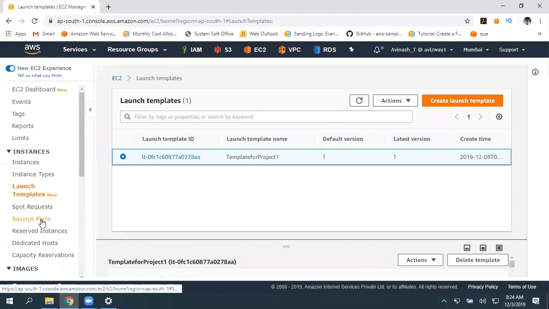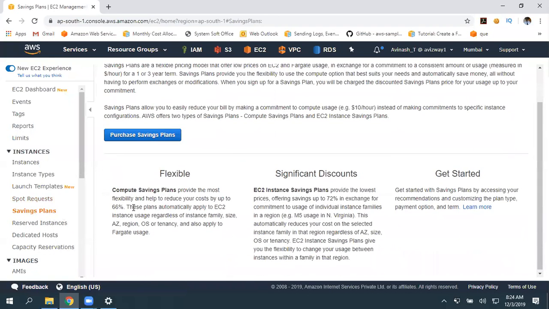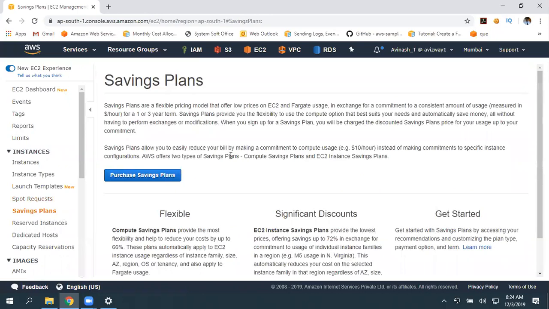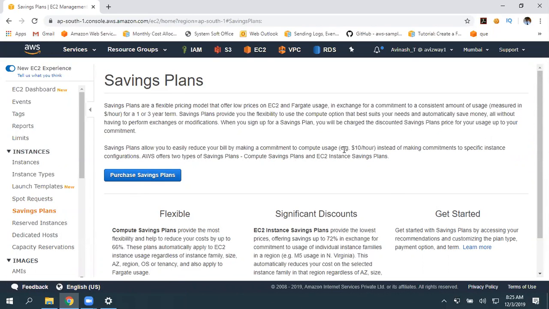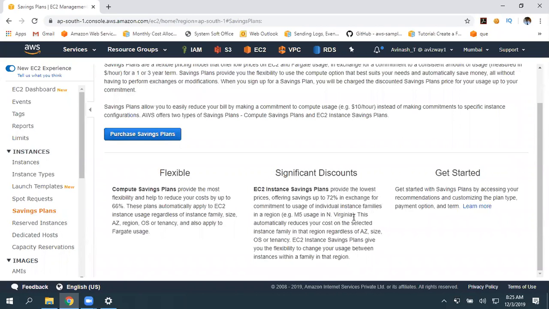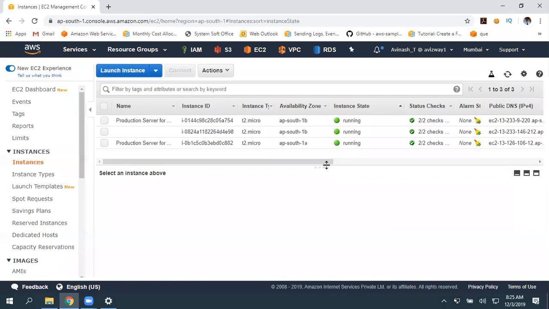And to save some cost, Amazon introduced the savings plan. Actually, this is also a new feature. So again, it recommends us to go with the reserved instances, so we can save some cost. So click on purchase savings plan. Then don't do that actually. So you're going to get suggestions related to where you can save some cost and all. So that is another feature.